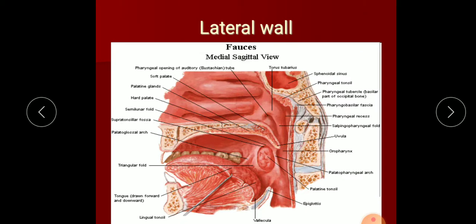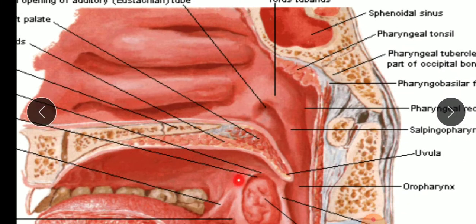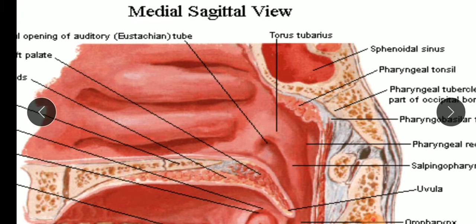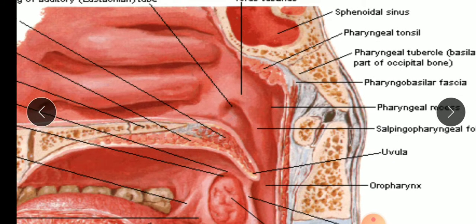Now we are coming to the lateral wall. What do you see here? This region, this is the lateral wall of the nasopharynx. And once you concentrate on the lateral wall, what is the striking feature you find in the lateral wall of the nasopharynx? That is the opening of the auditory tube or tubal opening. Are you seeing that opening there? This one,